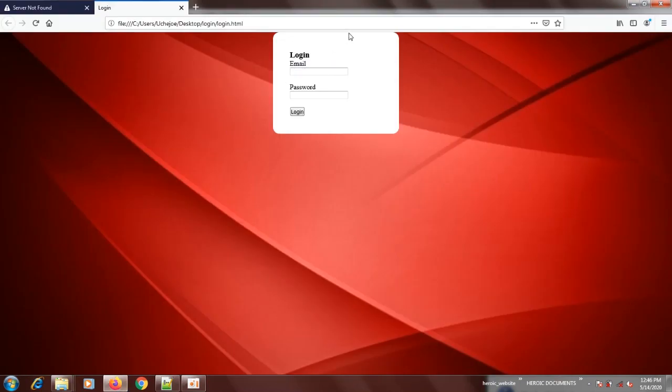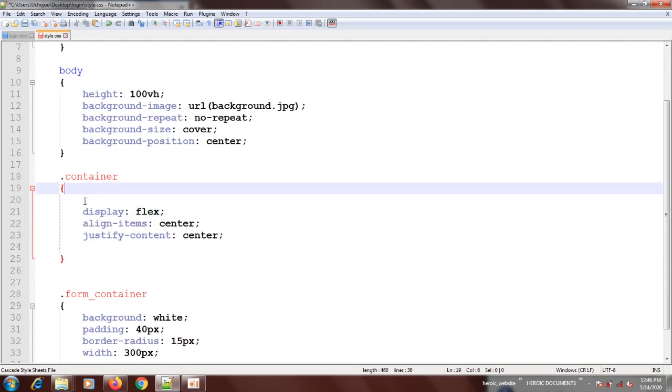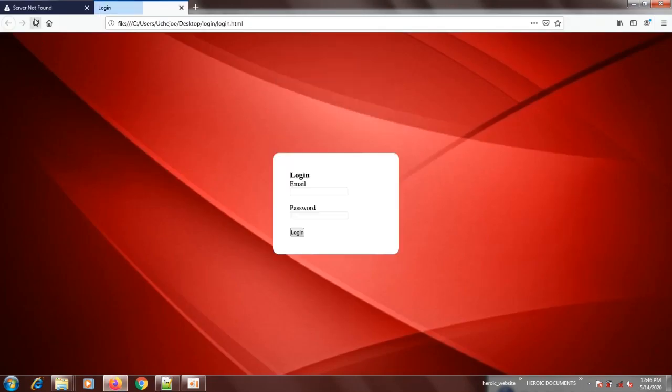Okay, what we are going to do now is that for this to come to the exact center, which is what we want, we are going to come here, we'll put a height. Give it 100%. Beautiful. I didn't get this height correct. We'll give it height of 100%. Check. So you see that it is now at the exact center where we want it to be.